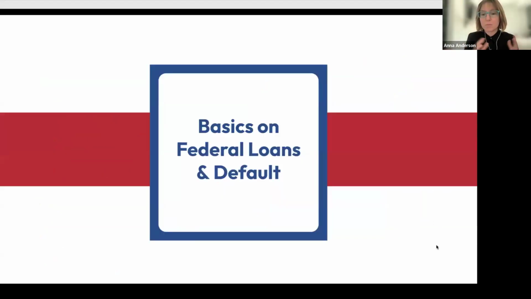Great. So let's get into the basics of what it means when federal student loans are in default. This is very different than if you have private student loans. If you're talking with someone who has private student loans, or you have your own private student loans and you're behind on those payments, you're in default, that's not going to apply to what we're discussing today. We are talking purely about federal student loans, but the majority of student loans out there, 98% of them, are federal student loans. So this is going to apply to most student loan borrowers.